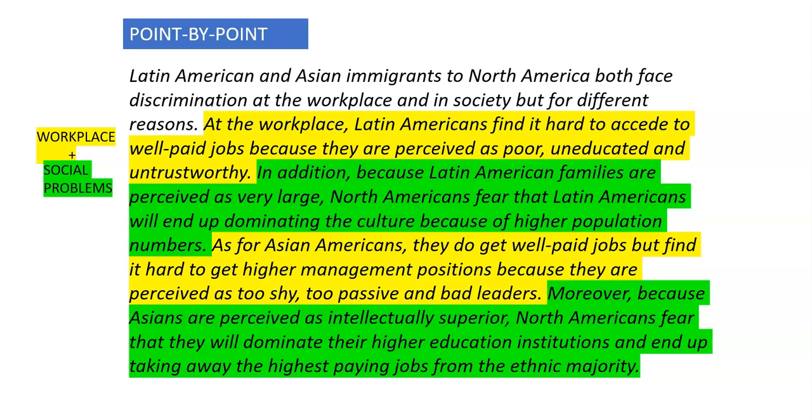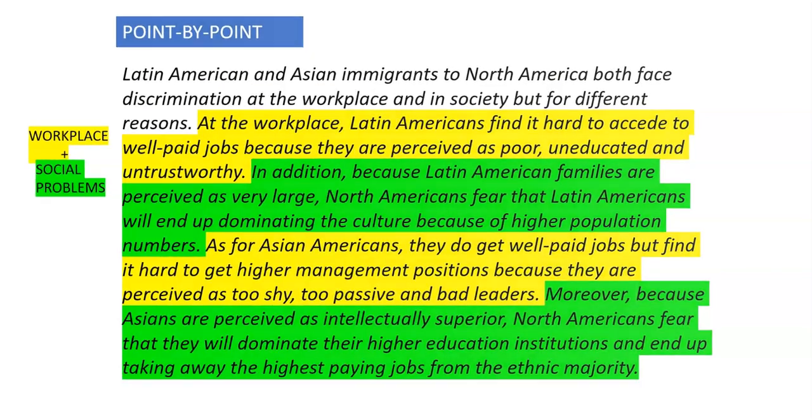Moreover, because Asians are perceived as intellectually superior, North Americans fear that they will dominate their higher education institutions and end up taking away the highest paying jobs from the ethnic majority. So, as you can see, this is a little bit different from the other organization method that I showed you. Now, to recap,